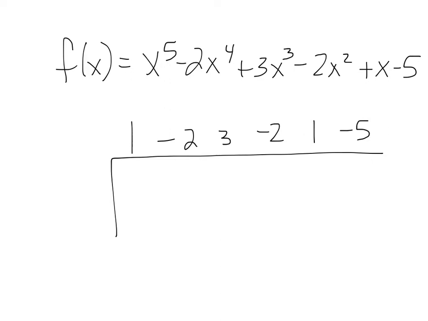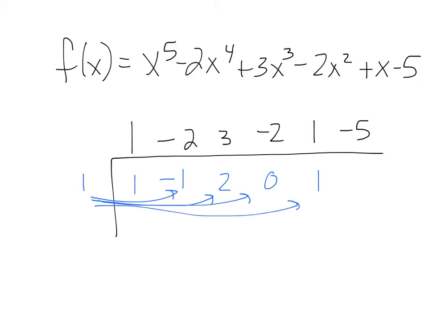Charles? 1. I agree. I'd always start with a 1. 1 is easier to work with. So we have 1 times 1 is 1. 1 plus negative 2 is going to give us negative 1. We're going to get a negative 1 here, plus 3 is going to give us a 2. We're going to get a 2 here, plus negative 2 is going to give us a 0. 0 plus 1 is going to give us 1. And 1 plus negative 5 is negative 4. Now,